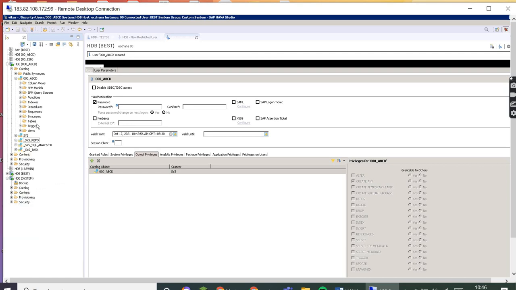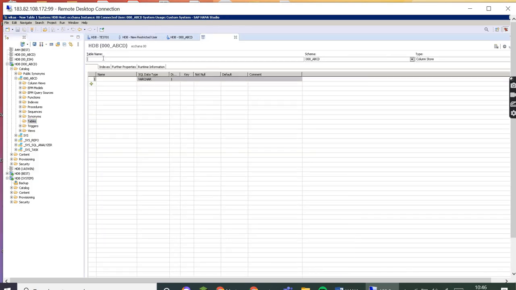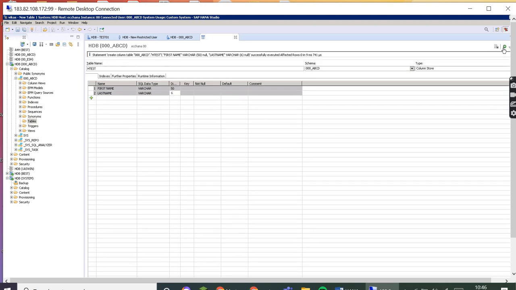For example, if he is creating some tables, and if he has the table creation access, this table gets created here in his ID, with fields like first name, last name, whatever he wants.